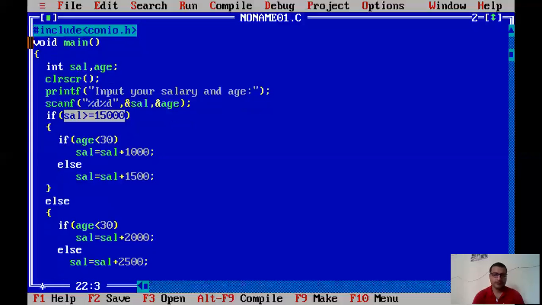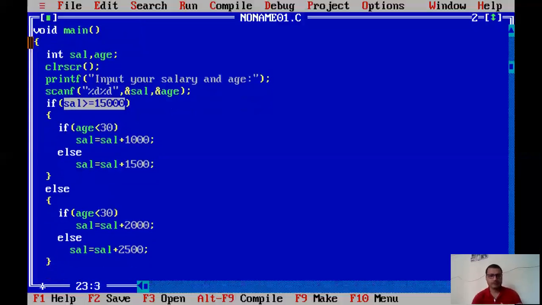So I hope we have covered all four possibilities, right? Now the question is how this approach is better than using logical operators. If we solve this problem using logical and operators and an else if ladder, it is going to be a bit slow. Why?